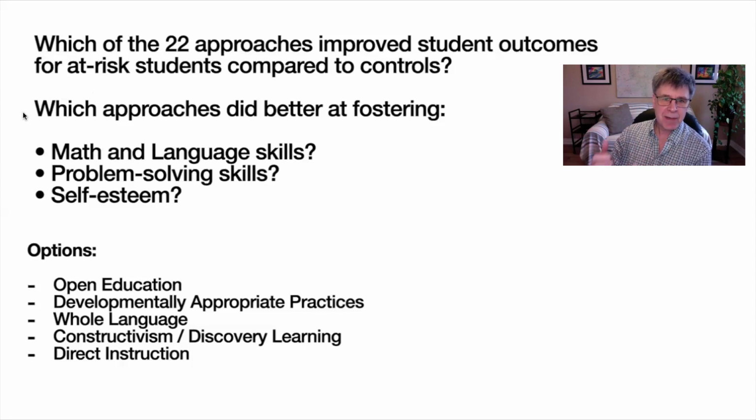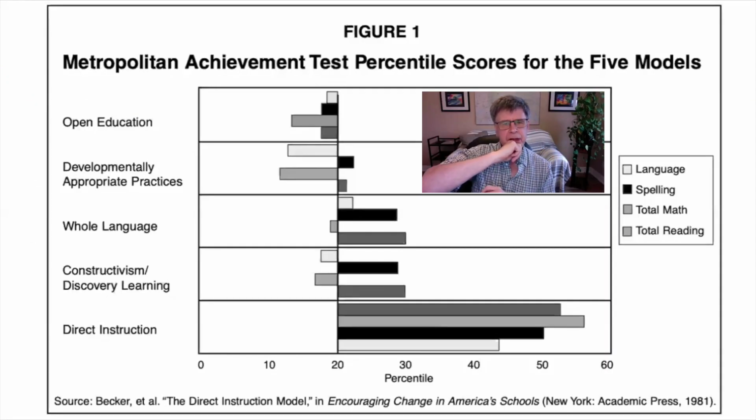Even though self-esteem and problem solving weren't something that they were explicitly trying to teach or foster, it did better. And the students had higher self-esteem because they could see themselves succeeding. They could see themselves doing well. Yeah, and so this is kind of an interesting graph. It shows here at the 20th percentile, because the 20th percentile is the stage at which the lower achieving students were thought to be a kind of baseline. But the direct instruction condition was succeeding compared to all the other models. It was really quite extraordinary.